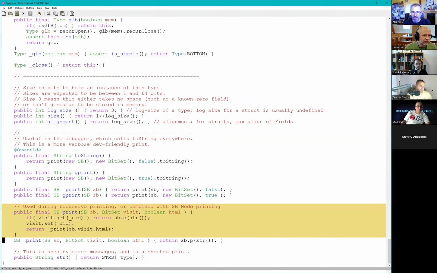Yeah, basically. In AA, I went a step further and said, when I see a cycle, I go ahead and give it a unique name, which would be a type variable name. And then in the printout, you would get these type variables to show where the cycles came. But that means that every printer takes two passes. He passes once looking for all the cycles and all the sharing points, including cycles. He comes up with names for all the sharing points, A, B, C, D, whatever type variables you're using, and then he prints using those. And it's very nice for understanding cyclic type printing, but kind of a pain in the butt to do printing.